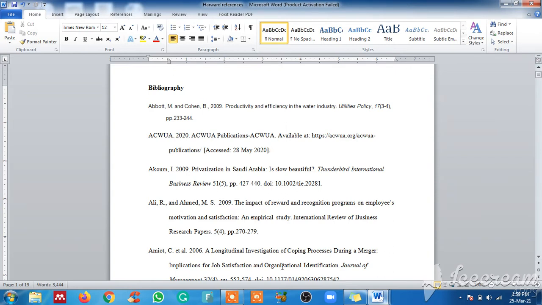In this video, I'm going to tell you how you can convert your whole references from one format to the other. Normally, when we keep citing different articles in our research, we keep making a bibliography or reference list. But in some cases, when we don't create the reference list from the very start, we can also convert it from one format to the other at the end. It's not a big problem. And one thing: when we are converting APA to Harvard style, we need to write the word bibliography, not references.